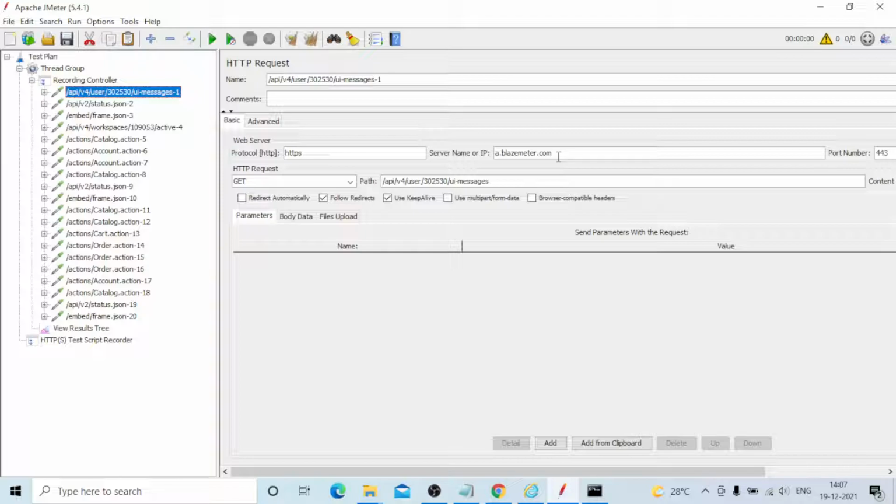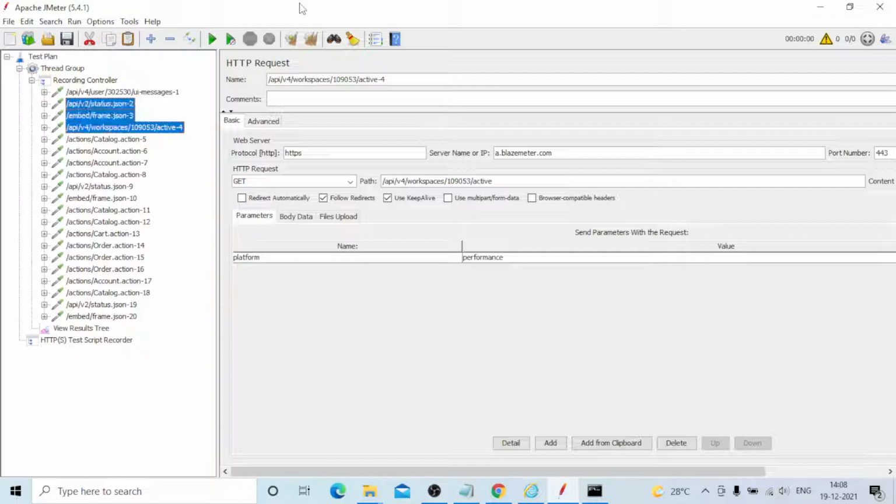This is not our request. The second one also is some other status page, not our request. After that also not, and the workspace also is BlazeMeter. The platform is performance something. After that the catalog section came. This means these 4 requests are not ours. You need to remove these.